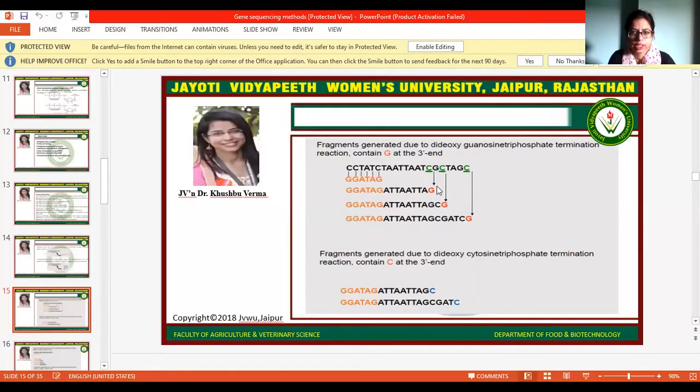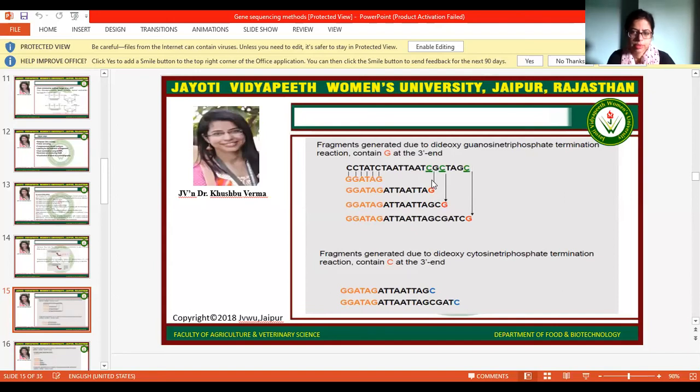So fragments generated due to the dideoxyguanosine triphosphate termination reaction contain G at the 3' end, and fragments generated due to dideoxycytosine triphosphate termination reaction contain C at the 3' end. Here you can see the difference: after adding the dideoxynucleotides, different lengths of DNA will be produced.